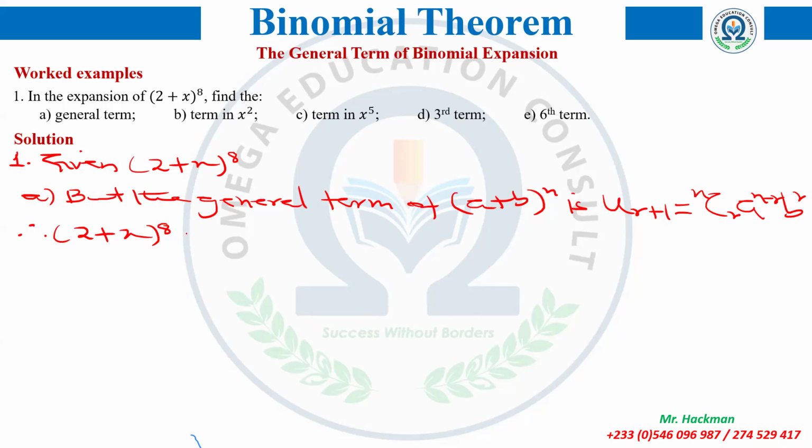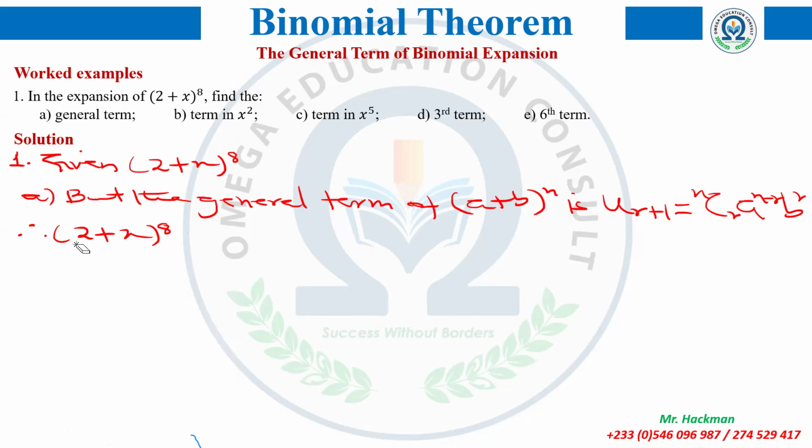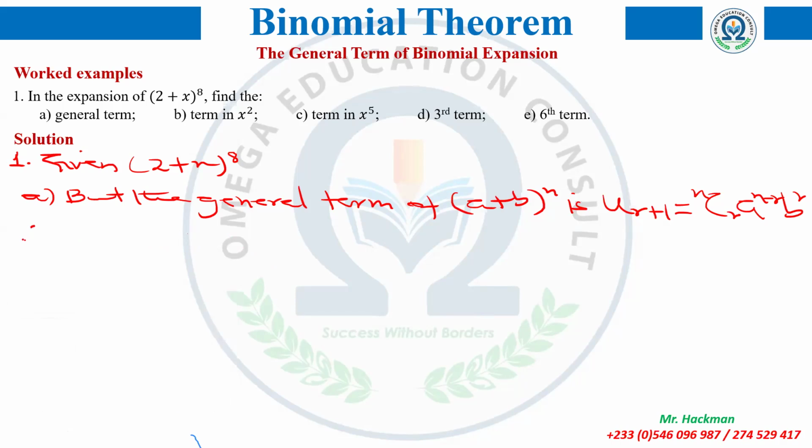2 plus x to the power 8 will be equal to... let me, I didn't proceed. I got distracted at that point, so forgive me. All right. So what are we asked to find? Therefore, the general term of the expansion of 2 plus x